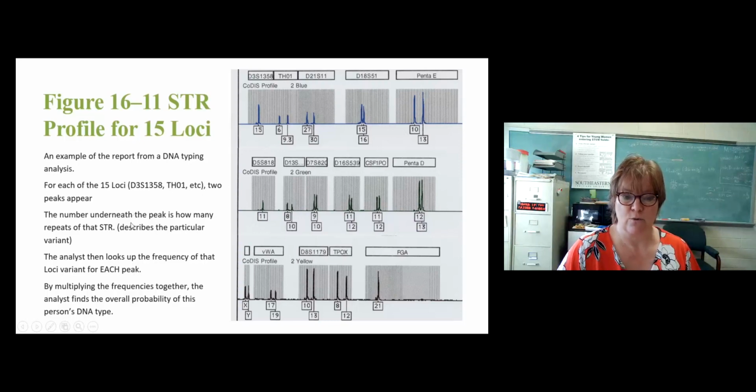So again, we could type this. So if I wanted to ask what is their profile for, what is their type for D5S818, oh, another one that only has 1. So this would be D5S818 11, 11, because it's just 1 peak, we assume, and you have to have 2 copies. So we assume that they're both the same length. This one would be TH01 6, 9.3. So this is how we would describe somebody's type,